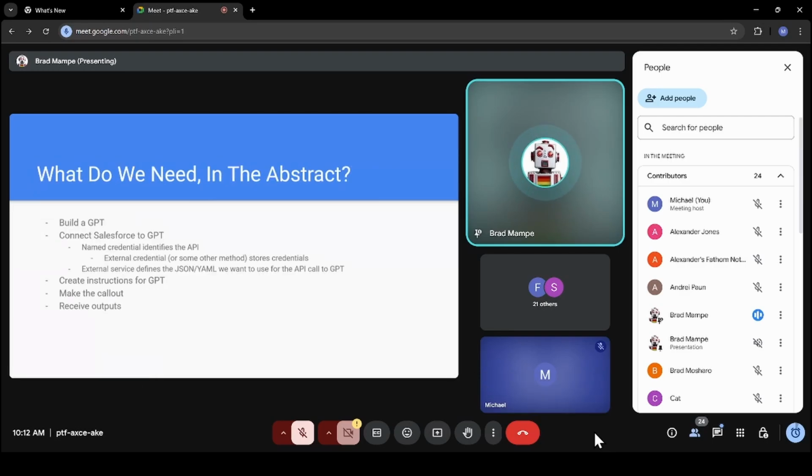And to get all that, we have to first build some kind of GPT. So I just simply went to OpenAI, started a new account, funded it with the smallest amount of money that you possibly can so it can handle those calls between Salesforce and the GPT. It is a small expense that's required with this, but you can get a lot for your buck once you get things working in Salesforce. And to make that happen, we have to connect Salesforce to GPT.